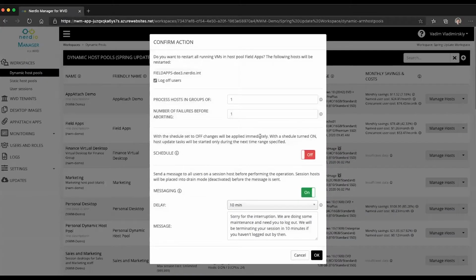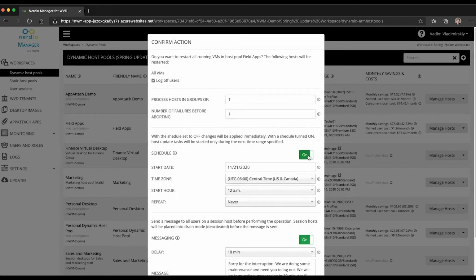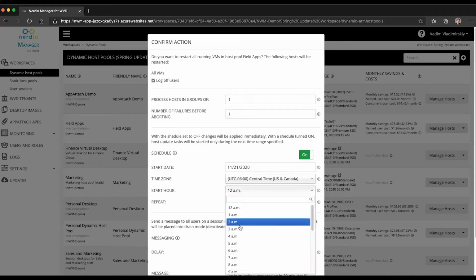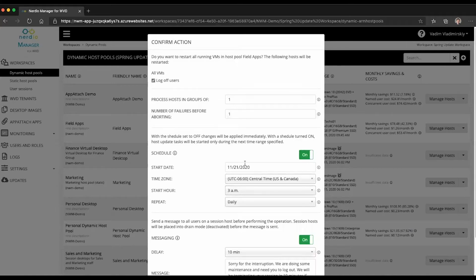If we click on restart, it gives us the ability to automatically reboot all of the session hosts inside of this host pool. And we can do so either on demand by clicking OK, or we can do this on a scheduled basis by turning on our schedule. So let's imagine we want this to happen daily at 3 a.m. starting tomorrow night. And this way, when users log in the morning, they will be logging into a fresh desktop